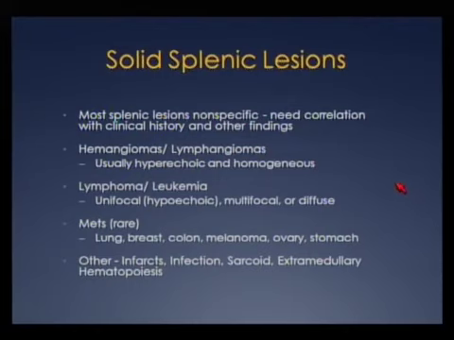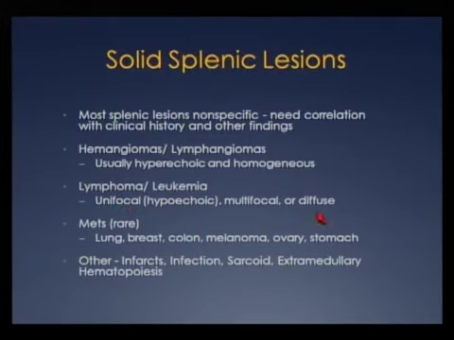Now, solid splenic lesions are frequently nonspecific, and you need correlation with the clinical history or other findings on the scan to be able to determine what they are. We typically see in the spleen hemangiomas or lymphangiomas, which are hyperechoic and homogeneous, just like hemangiomas are within the liver. Hypoechoic lesions tend to represent more ominous etiologies, such as lymphoma or leukemia or metastasis, and they may be